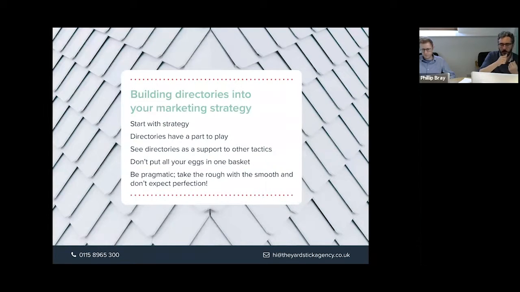So start with strategy. If your requirement is to build clients, to generate new inquiries, then obviously you need a strategy to do that. But directories have a part to play, generally speaking, in that strategy. It's very rare that we will say to somebody that directories shouldn't have a part to play, but see them as a support to other tactics.